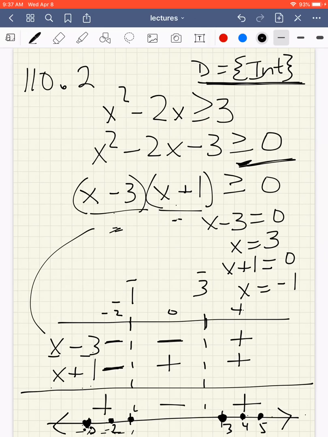Alright, so on Wednesday when we cover lesson 112, the only difference is going to be, it's going to be less than 0. So when you have less than or equal to, you'll be looking for the negative part of the graph instead of